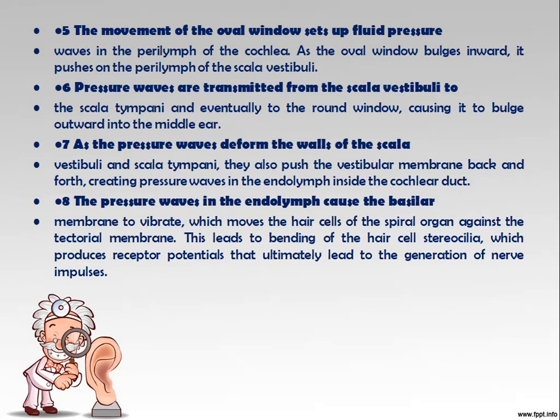Last one is the pressure waves are transmitted from the scala vestibuli to the scala tympani. As the pressure waves deform the walls of the scala vestibuli and the scala tympani, the pressure waves in the endolymph cause the basilar membrane to vibrate and they produce the generation of nerve impulses. These are the